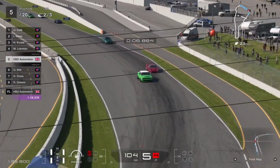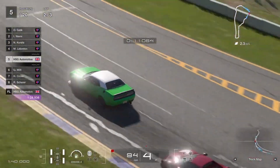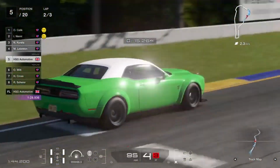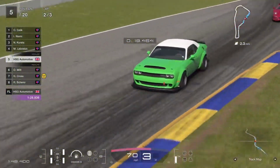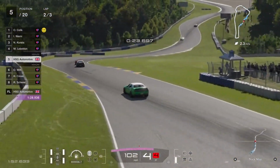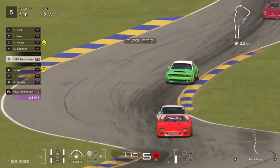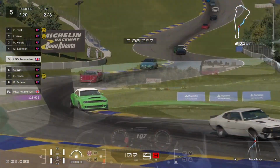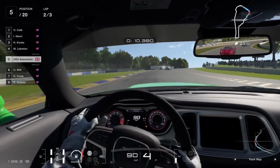It's 200,000 credits, of course, from the Dodge dealer, and 200 grand, I mean, even without a money exploit, that's easy to get. In terms of the point level, it sits reasonably high, I mean, for a muscle car, maybe, at 624 points. And of course, when you modify it, that's going to jump up quite a bit more. But even so, for something with well over 800 horsepower stock, using the term stock very loosely here, of course, that's not actually bad. Around the 600 point region, even with a high amount of weight,